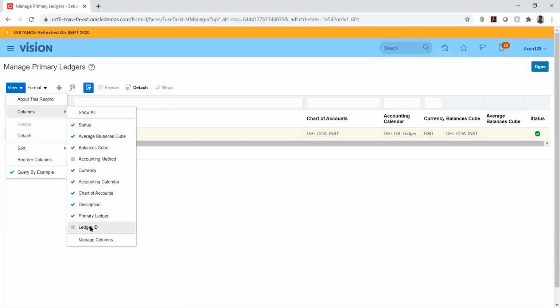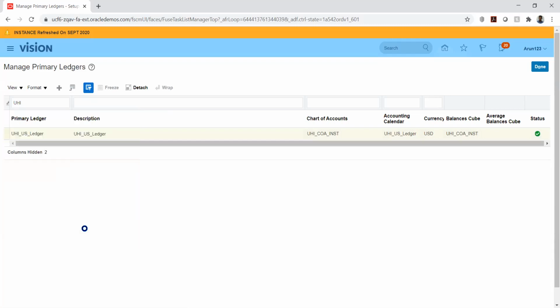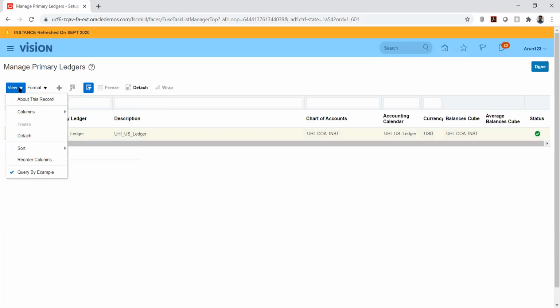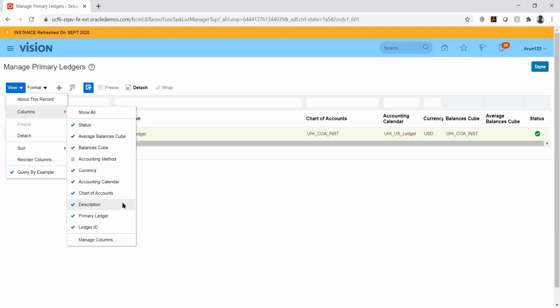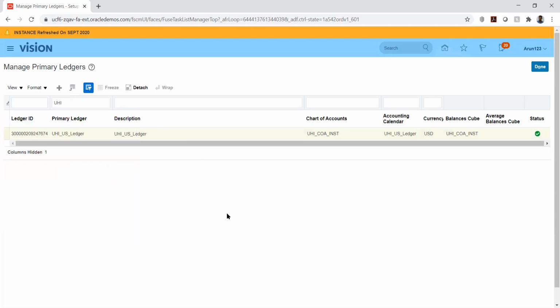I'll go to View, and from View I go to Columns. From here I can select the ledger ID, so I will have my ledger ID shown here. Similarly, if you want to hide a few columns, like if I don't want to see the descriptions, we can uncheck them and refresh. So I copied the ledger ID.